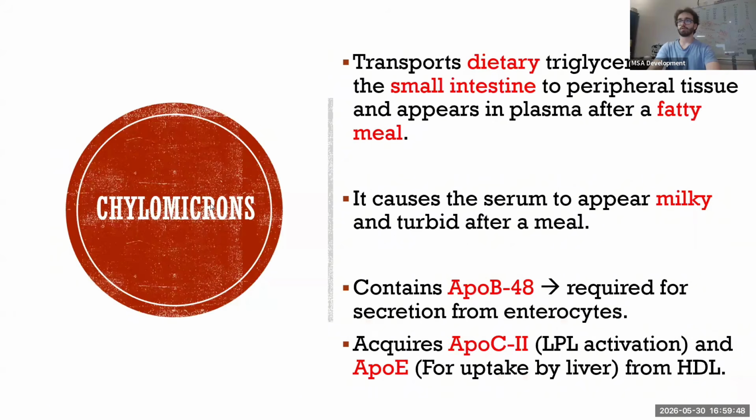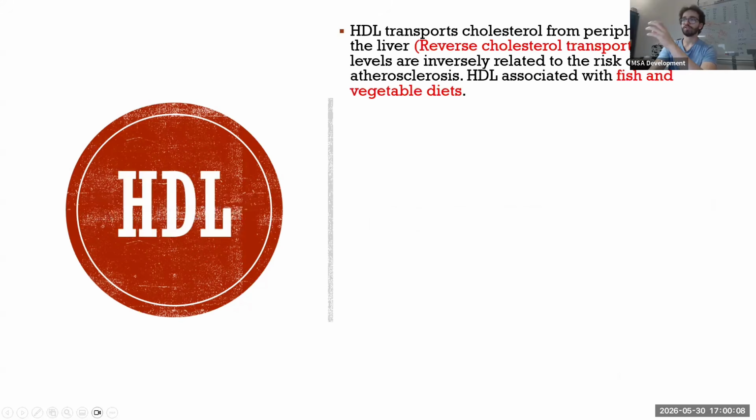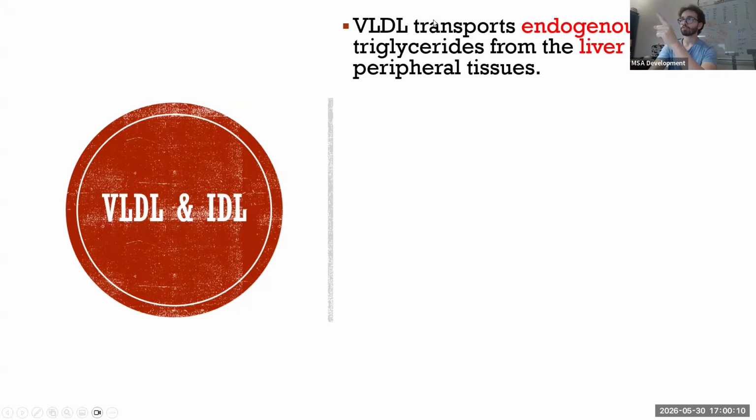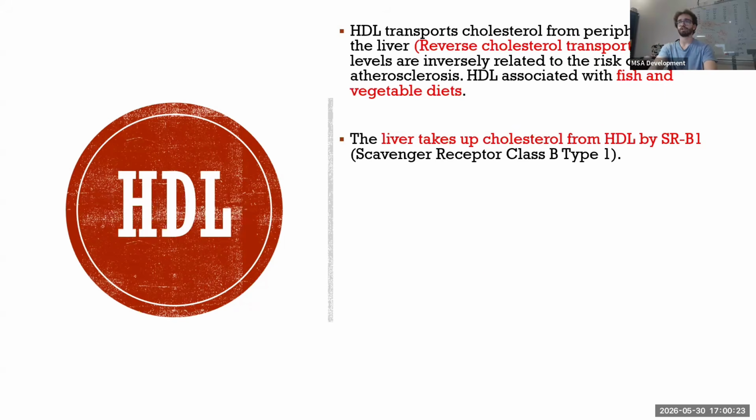طيب. Let's talk about the first lipoprotein, which is chylomicrons. What is the function of chylomicrons? They transport dietary triglycerides, which come from the outside, from the small intestine to peripheral tissue. Guys, wallah, it's not autism. The reason why I'm emphasizing dietary small intestine is because in VLDL, we also transport triglycerides, but VLDL will transport endogenous triglycerides, the ones made in the body, and not from the small intestine, from the liver. خلاص? Do you guys see the difference? Wallah, very important to differentiate.